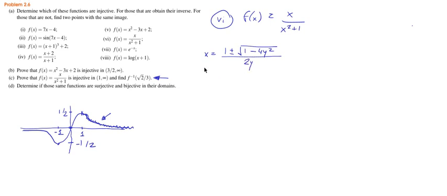As I told you, this is actually the value, the inverse. If we write it like this, changing the letters, the inverse is like this. Well, in this case it's two different functions. So if we plug in here,